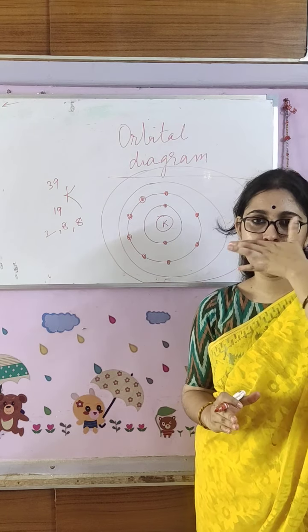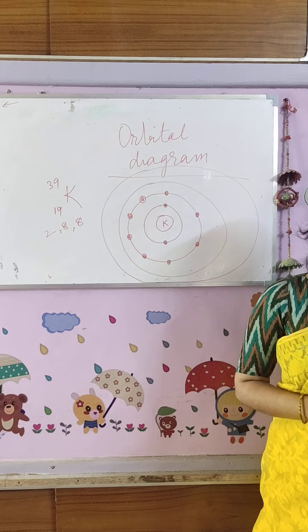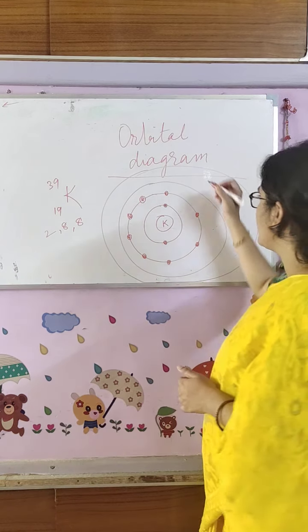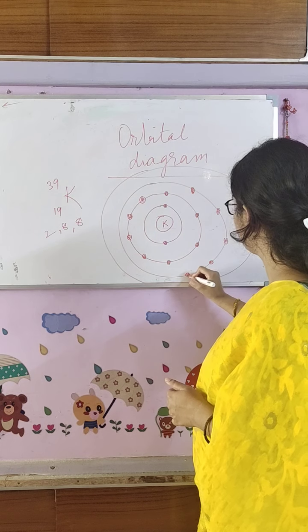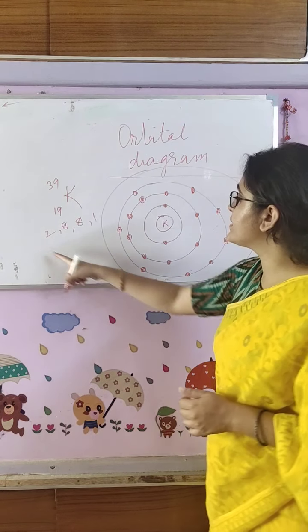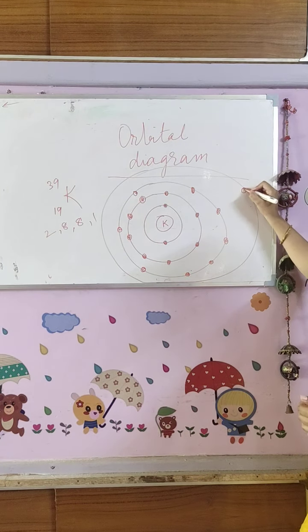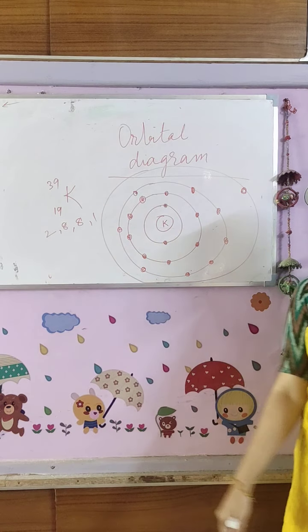Because up to class 10, we will know about the 20 elements, 1 to 20. From 21, we will not write the electronic configuration in this way. So up to 20 we will remember that after 2, the maximum capacity is 8. So again in the third shell it will be 8. And 19 is there, so 18 is used and another 1 remains, and that 1 electron is in the valence shell. So this is the orbital diagram of potassium.